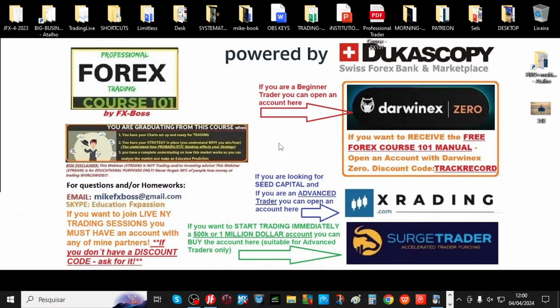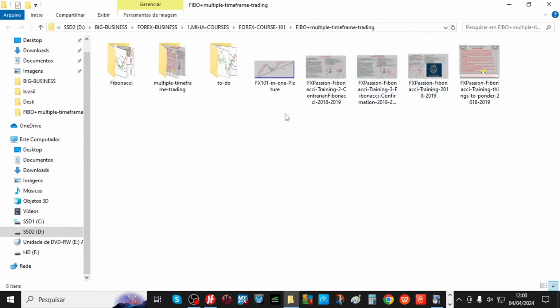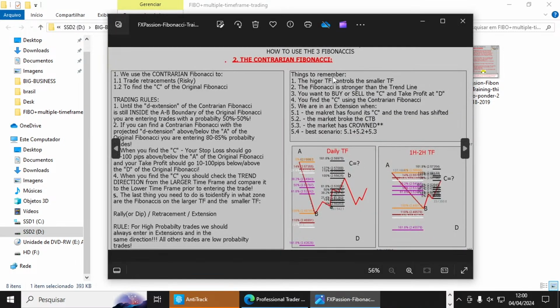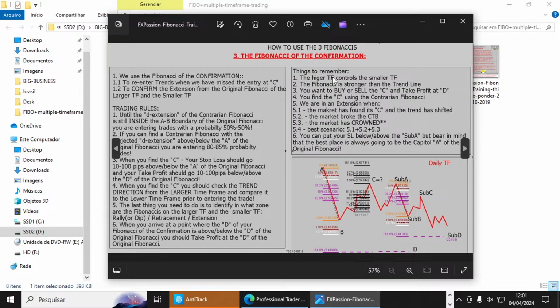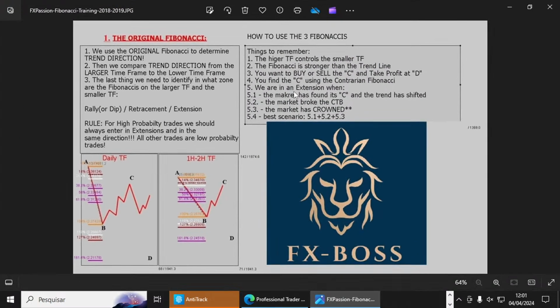And today we have the confirmation Fibonacci and the rules. Wow, right? Okay, everybody, so let's get to it. The original. All right? So before you move to the confirmation Fibonacci, just quickly,